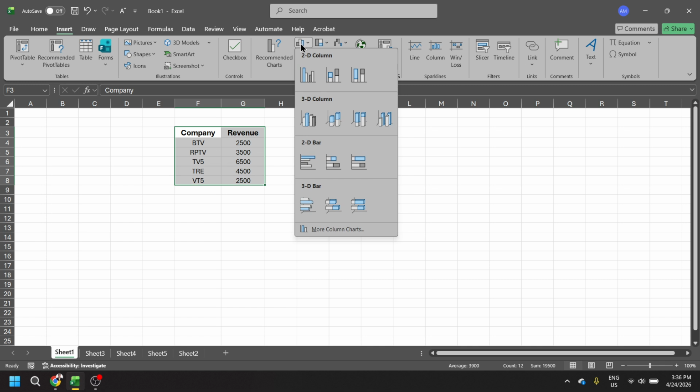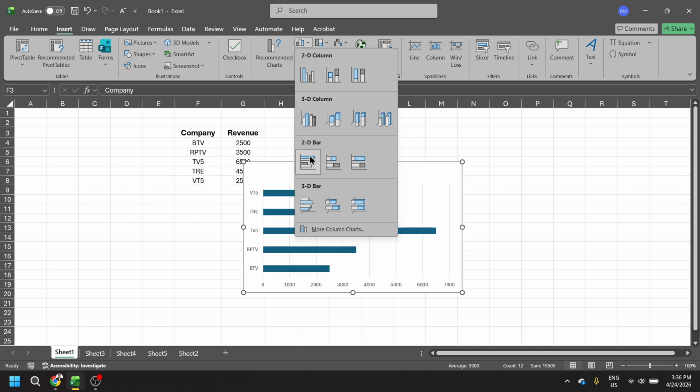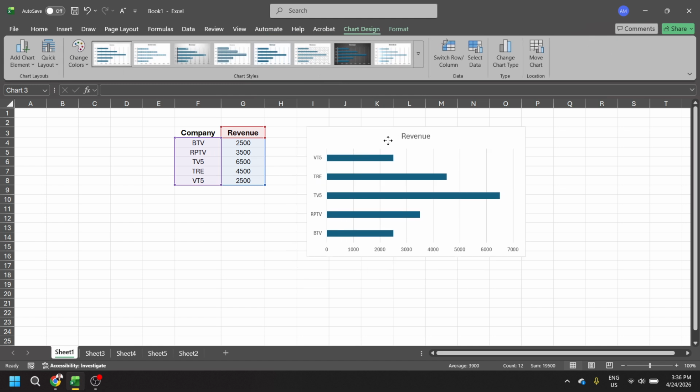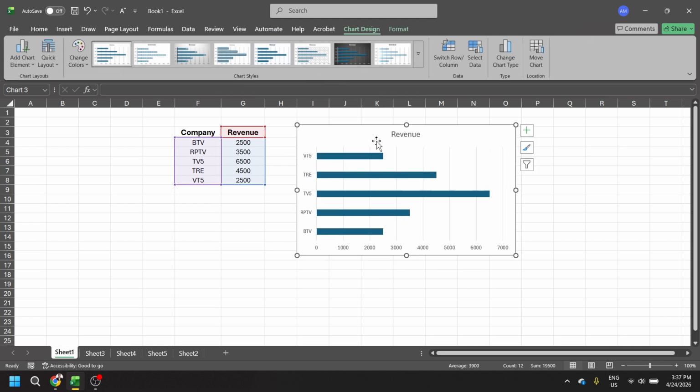Choose the bar chart menu and select the clustered bar option. This creates horizontal bars for each category, giving you a clean foundation for the pictograph look. Once the chart appears, you can drag it to a clear space on your sheet so you can see everything you're doing. Next, select one of the bars in the chart and double-click it to open the Format Data Series